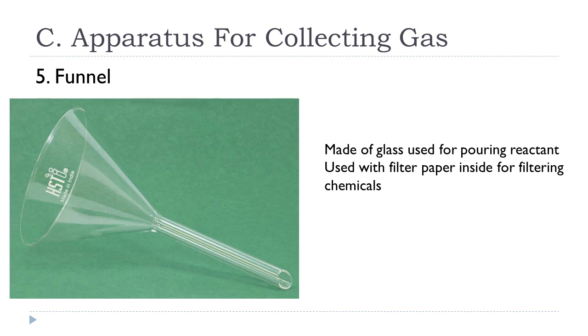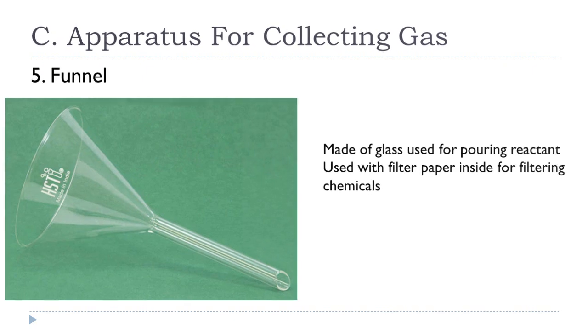First apparatus, test tube. It is a glass tube. It has one open and one closed end. And the size varies from about 4 cm to 15 cm. And one more tube is there. A hot glass test tube made up of Pyrex is called a boiling tube. What is the meaning of Pyrex? It is a glass. It is heat resistant and also chemical resistant.